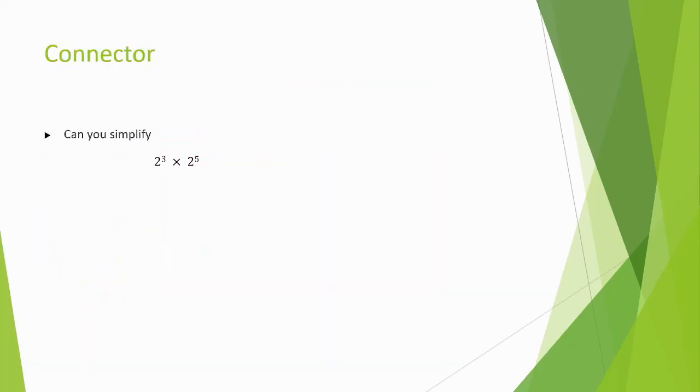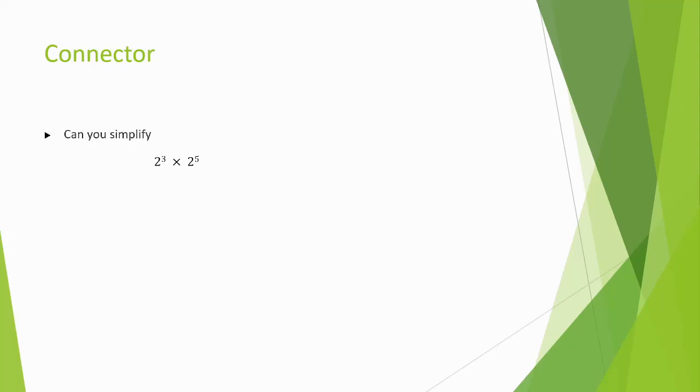When we're looking at index numbers, we have questions like this. Can you simplify 2 to the power of 3 times 2 to the power of 5? With previous problems, we've looked at how to simplify this question. And the way we do that, and we did this in that video, which you can click on the top corner if you have forgotten about it,